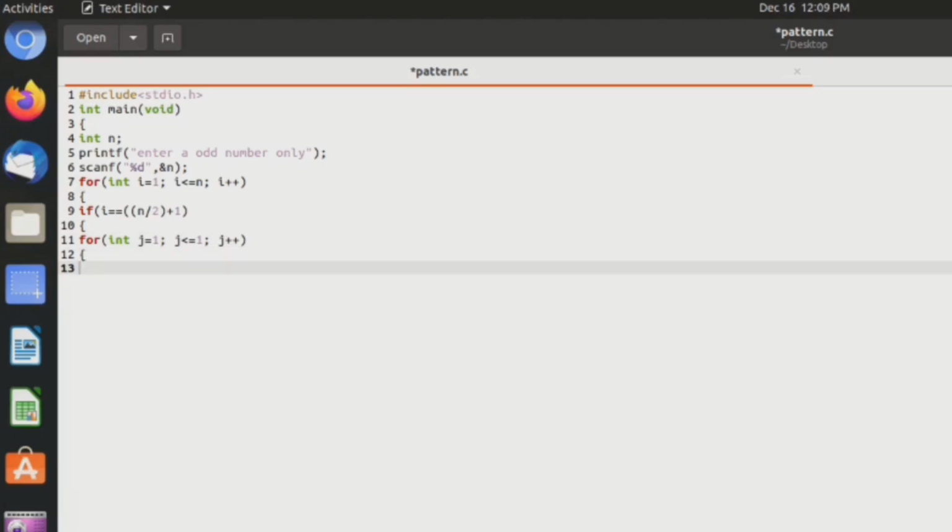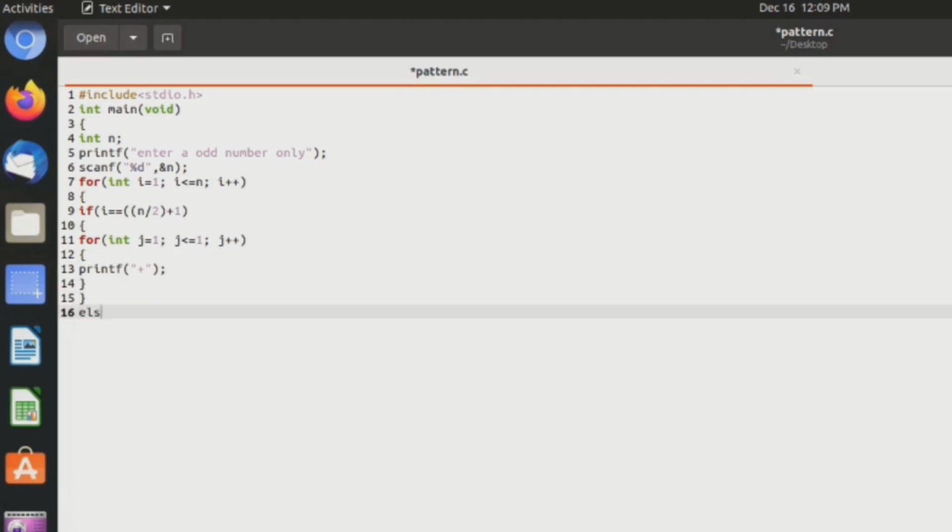Now using open curly brackets, again using printf, print plus and close the bracket and using semicolon, and now close curly braces,